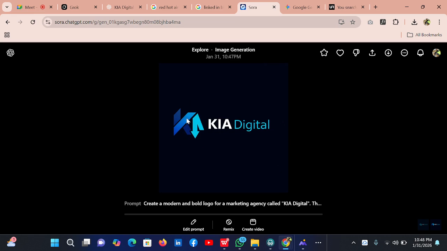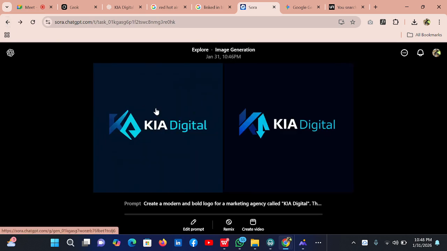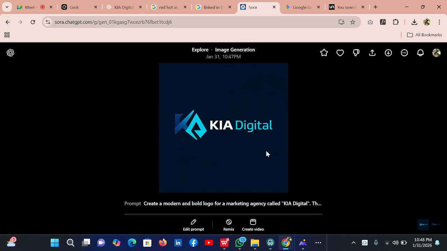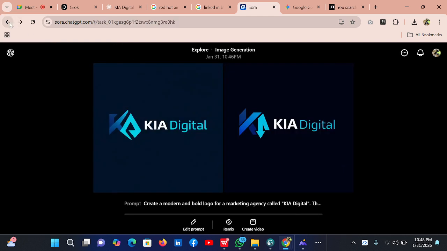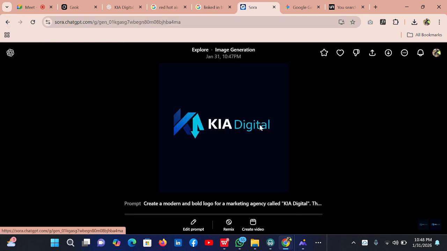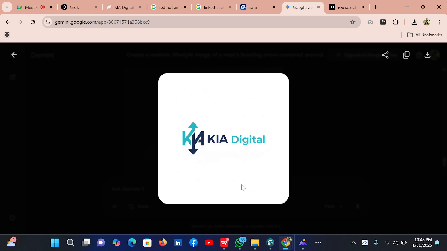This is a logo, my guy. AI is here to stay. Designer, wake up, stop sleeping. AI is here to stay. A logo like this, this is a very good logo.